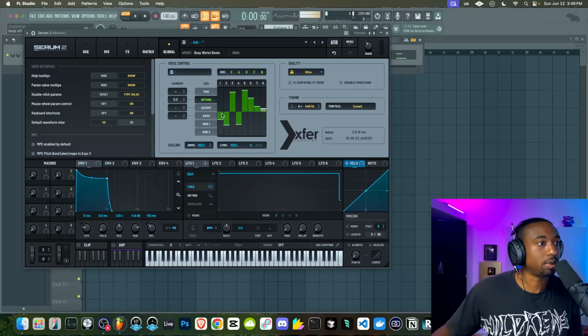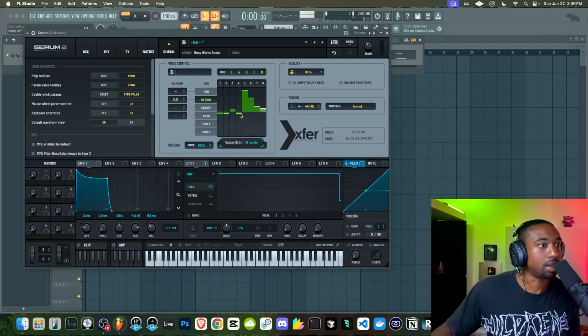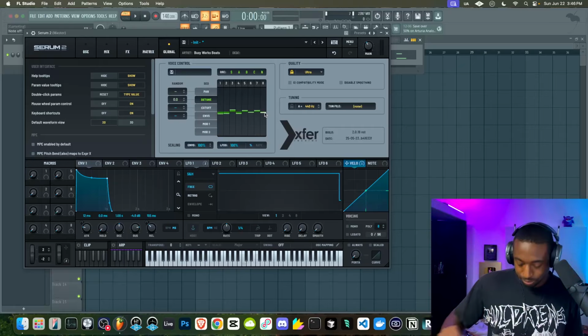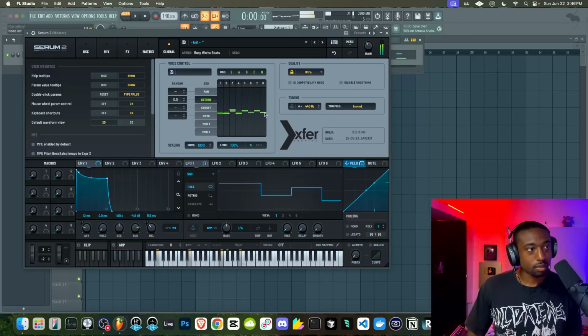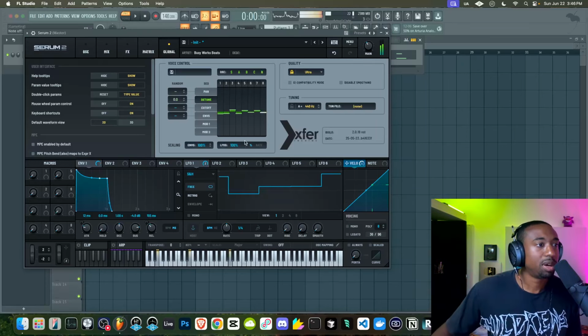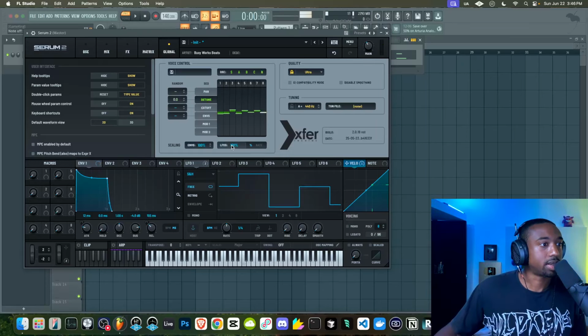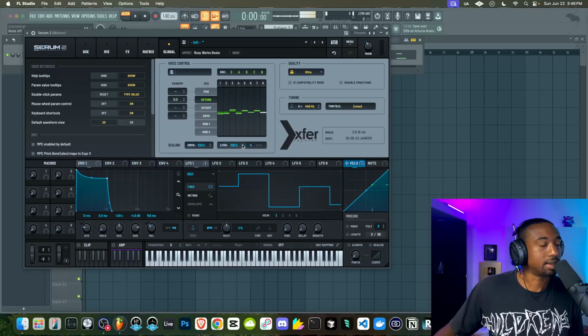Okay, so you can set it really far. I recommend keeping this within 10 cents, because once you go above 10 cents in range, the ear can't understand where it's at. And apparently you can control this stuff with LFOs. I don't understand this yet, so I can't teach you guys this, or what these mean right here.